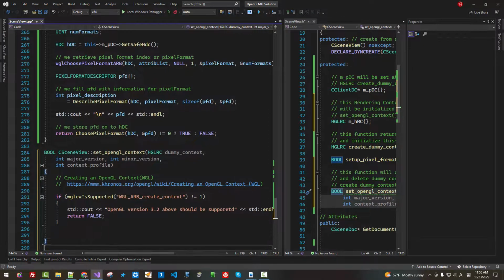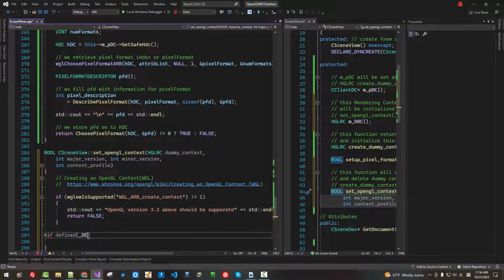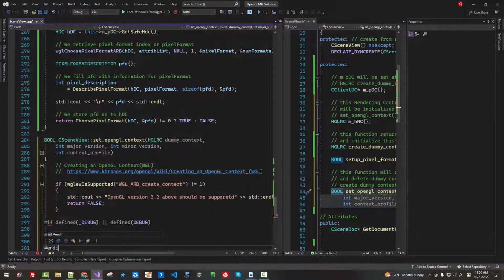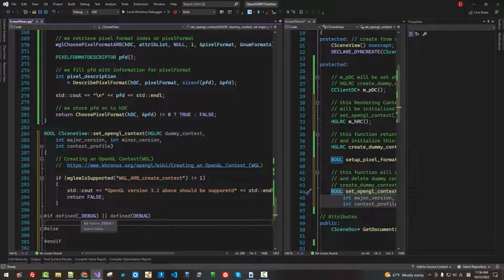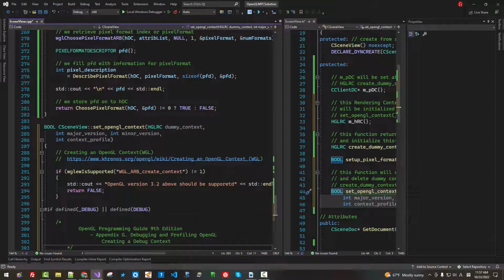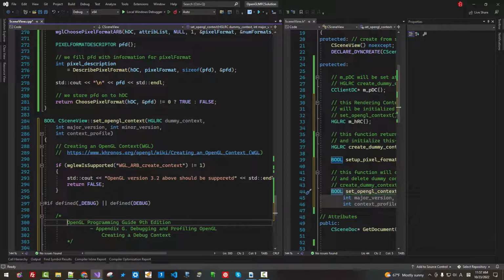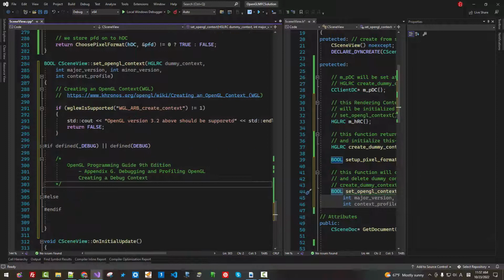Now here, if defined debug or defined debug else, and if this is a debug build, I would highly recommend you to reference this document, OpenGL Programming Guide 9th edition, Appendix G, Debugging and Profiling OpenGL, Creating Debug Context,